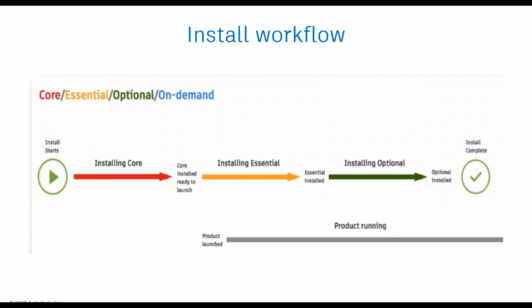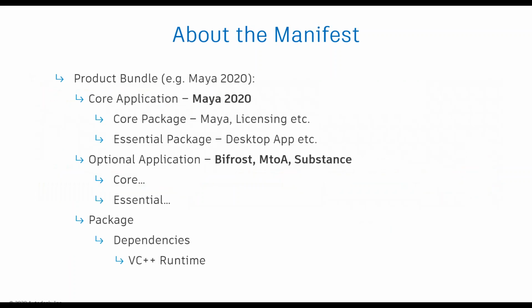So the main difference between the new installer and the old installer, if you're familiar with the old installer, is the so-called manifest. So in the past, you'd tweak the setup INI in the old installer to change your installation or to remove components and so on. Here, we don't have a setup INI, we have a so-called manifest. We'll see in detail how this is built, but generally the structure of the manifest is